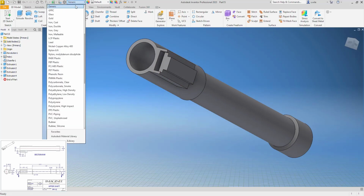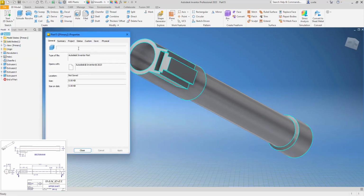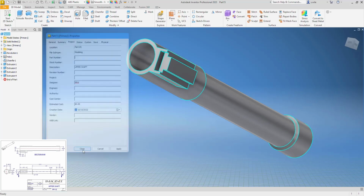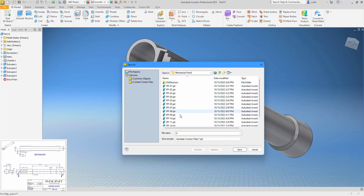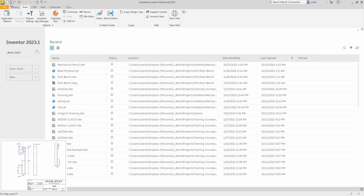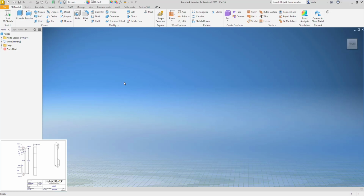So ABS plastic, give it a description for our parts list. There we go, PP-12. The last piece we need is PP13. Looks like all the dimensions are to the